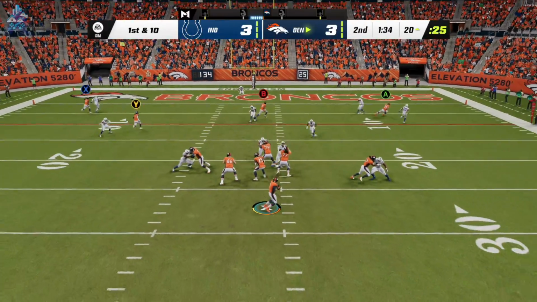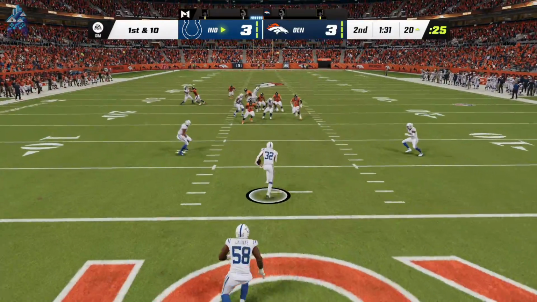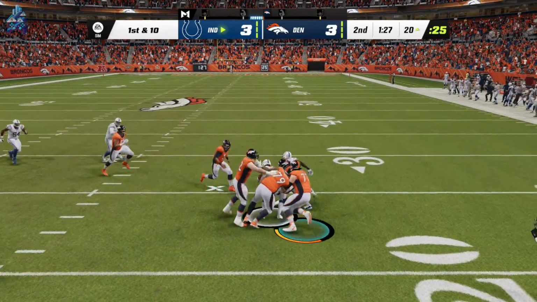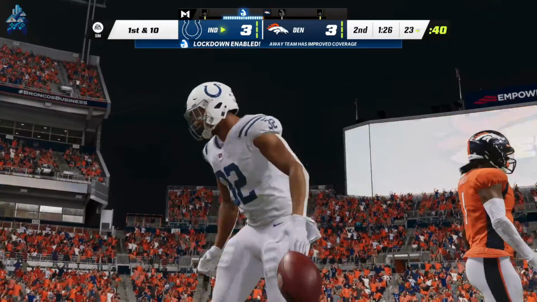Play action. Now Wilson, going for Hamler, but this is intercepted. Picked off by Julian Blackman. And the Colts are going to get the football here at their own